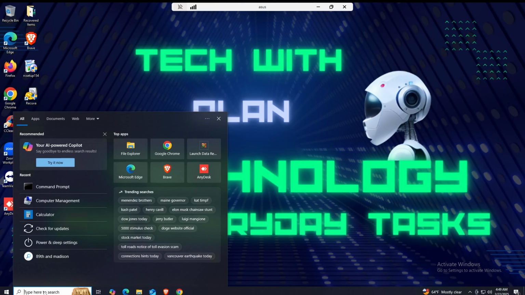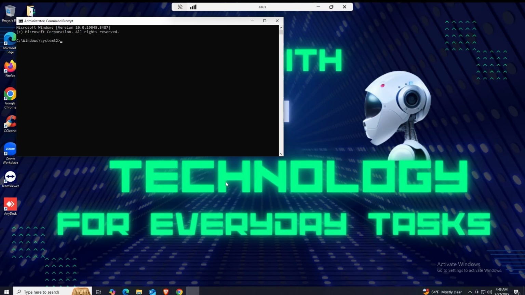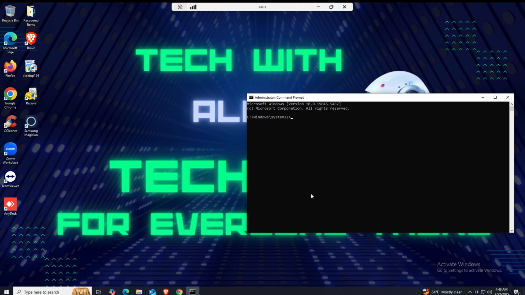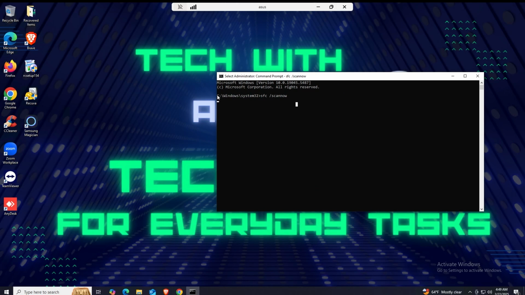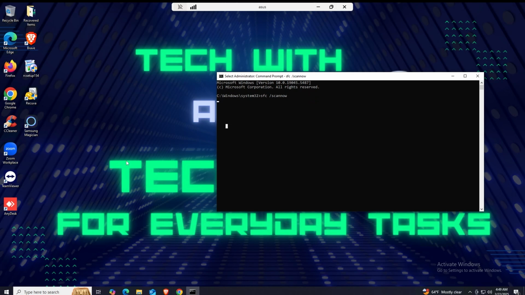What you do is you go to open the search window and type CMD. You're gonna run this as an administrator. You're gonna hit yes, and you're gonna type SFC space /scannow. All right, and it's basically going to start checking the operating system files to see if there's any corruption